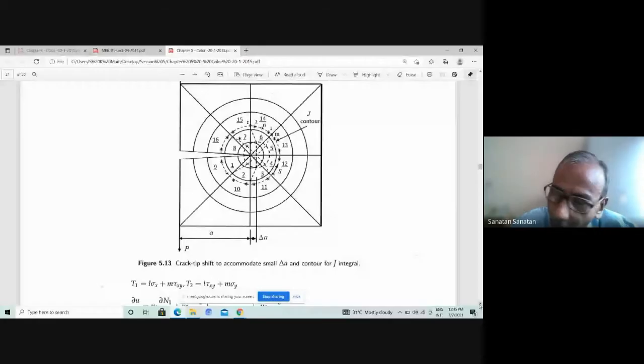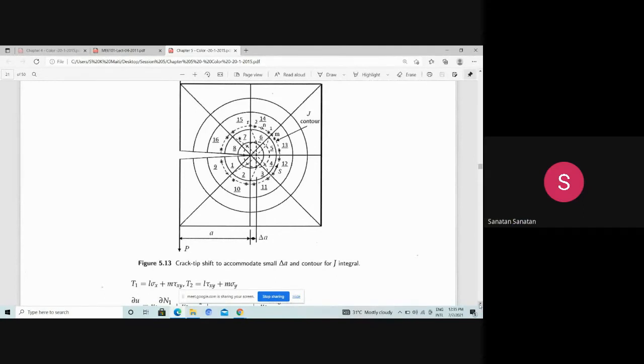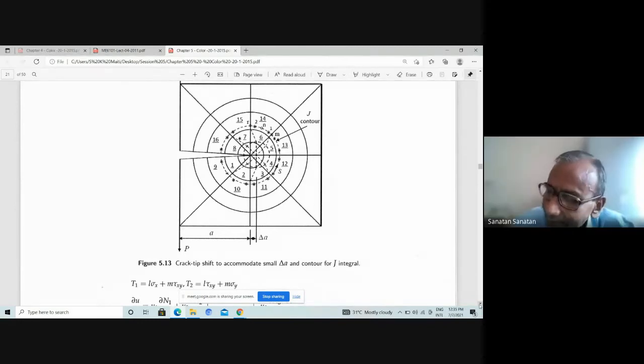Then the next Gauss point will give you value J equal to 2, and this third Gauss point value, which is coming next, will give you value J3. So that means your integrand is obtained by summing up the values at these Gauss points, and the value that you obtain by this summing up process is very accurate indeed. Therefore, after having evaluated this J integral over the contour that you have selected, you can get the SIF from the fact that this J integral is equal to G equal to K1 squared by E, in the case of a plane stress problem.